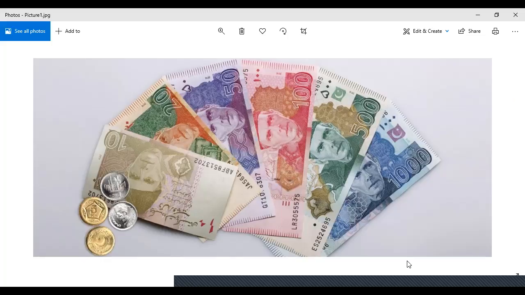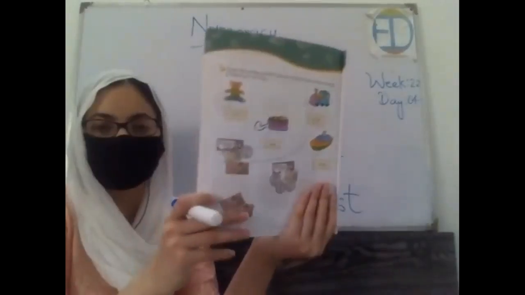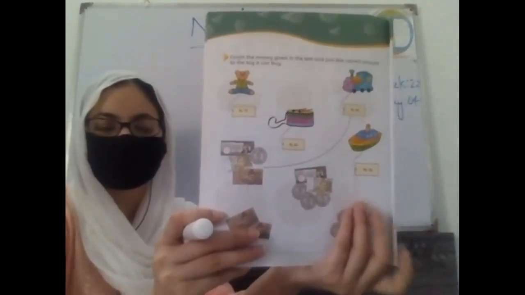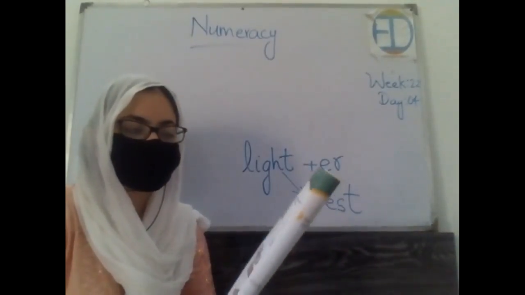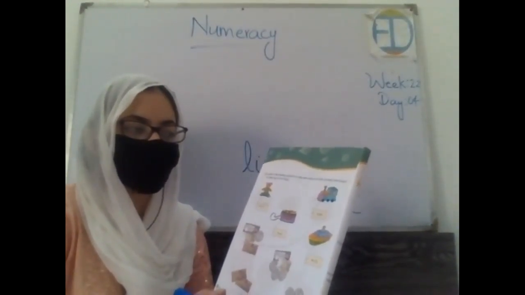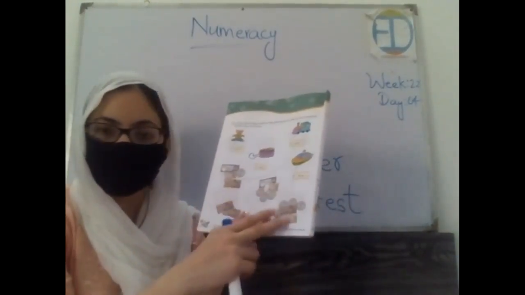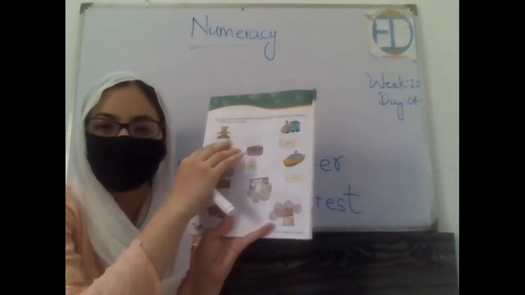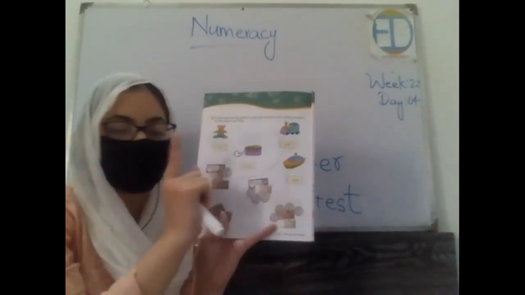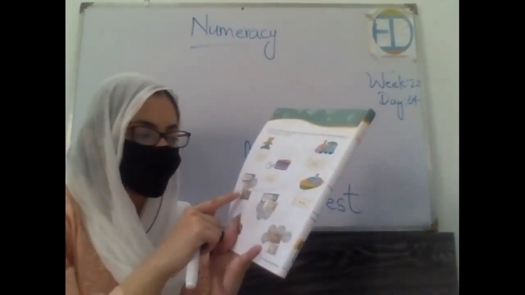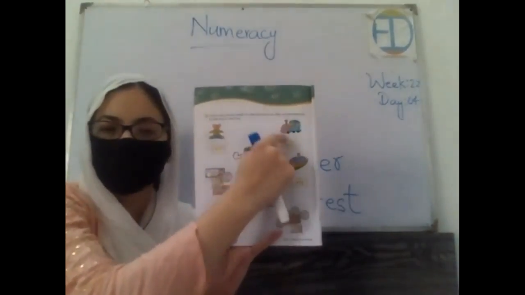So now what I want you to do is please open your book to page number 112. This is page number 112. There is an exercise related to this. We will do it together. Okay. It says count the money given in the sets and join the correct amount to the toy it can buy. Now over here the money is given, and over here some objects are given. You are supposed to match the object with the money, that with which money you can buy this particular object, right? So the first we have 85 rupees, and we have already bought a train of 85 rupees.